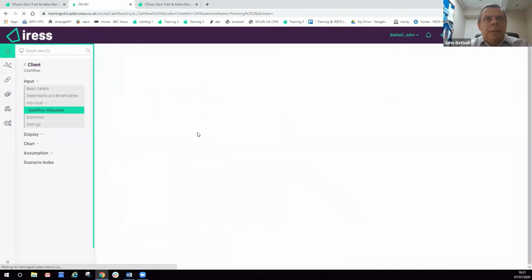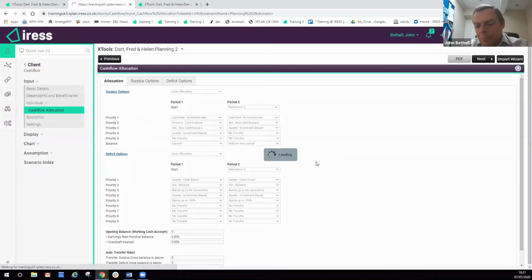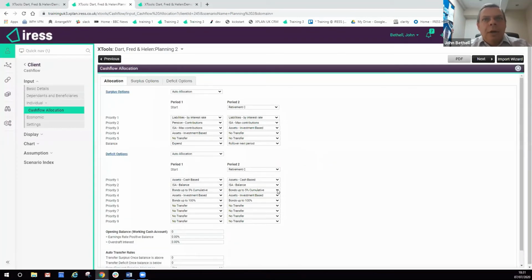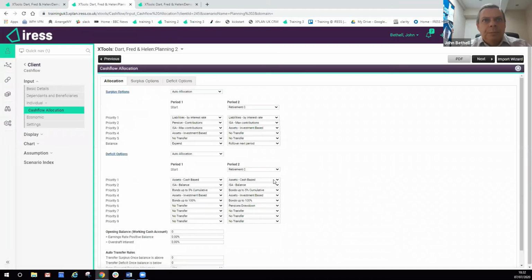And then investment based. So I'm just using a more financial planning orientated drawdown area. I'm then going to pick up the bottom here because I've turned off that pension income earlier. I'm just going to say, right, pension drawdown. So I'm going to go through their other assets first when they're in deficit. So cash, then ISAs, then bonds, etc. And then finally draw on the pensions. The difference that makes to the client